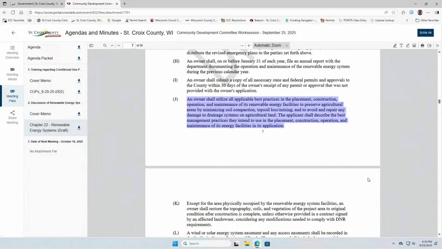Any comments on that? Yeah, Supervisor Rice. What does the application look like? Is it the same application that's used for the PSC? No, currently it's just our normal conditional use permit application. It strikes me that these are such unique systems that we might want to have a special application. I'm hearing that the applications for the large scales are 2,000 plus pages.